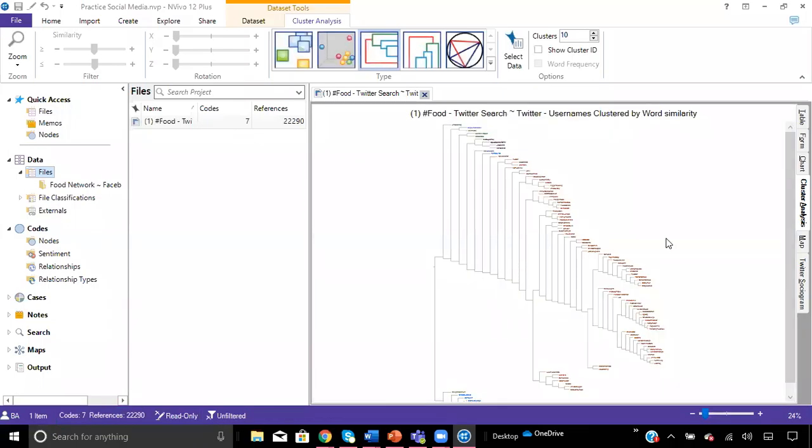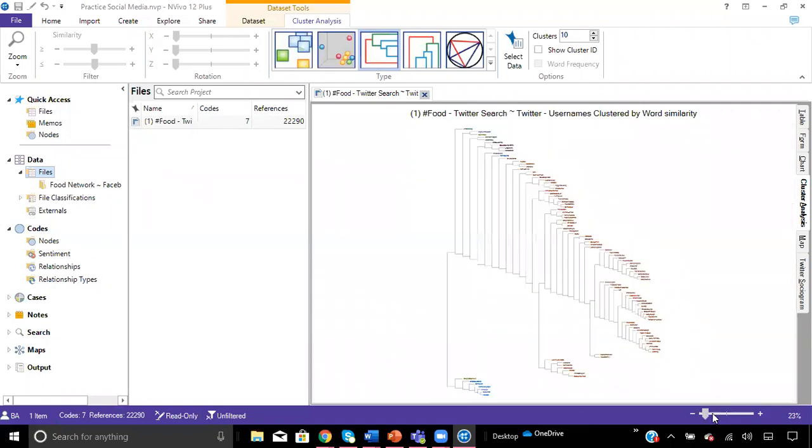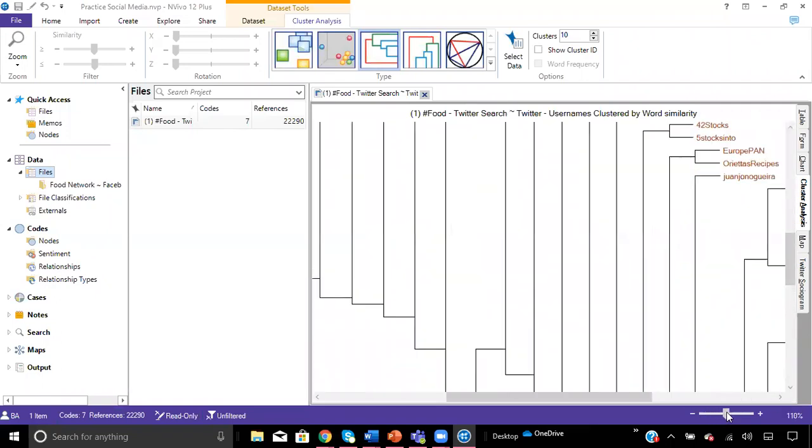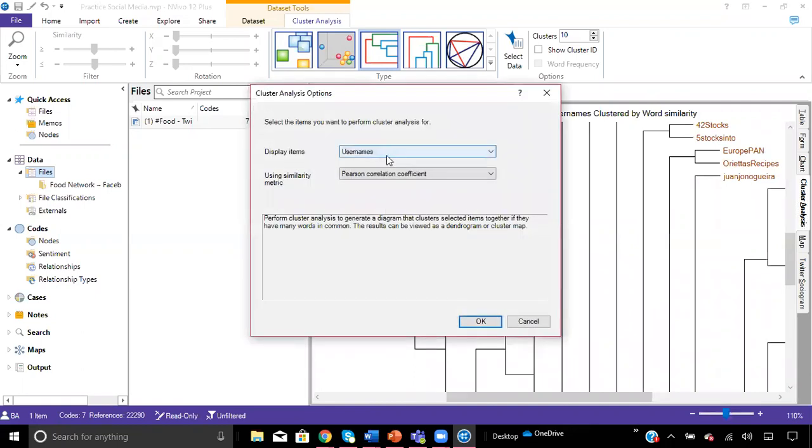Okay, so here our cluster analysis popped up. At the bottom, you'll see a bar where you can zoom in or zoom out to get a better look at it. We have it set on usernames, so it's analyzing usernames by their word similarity.